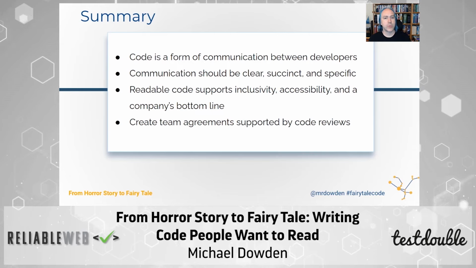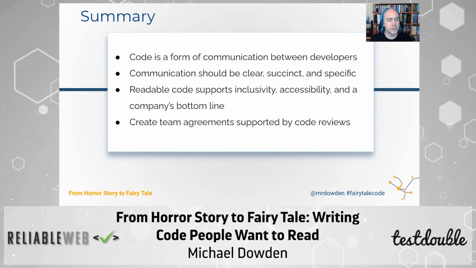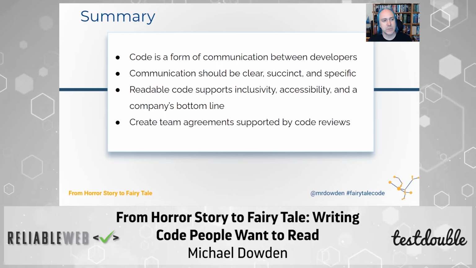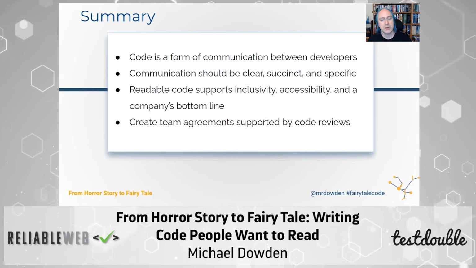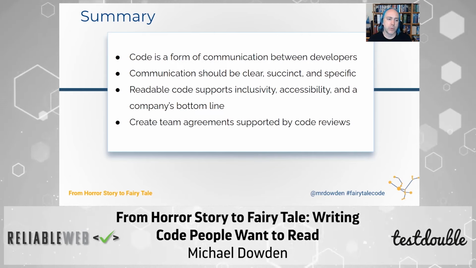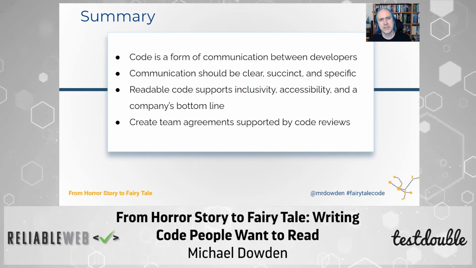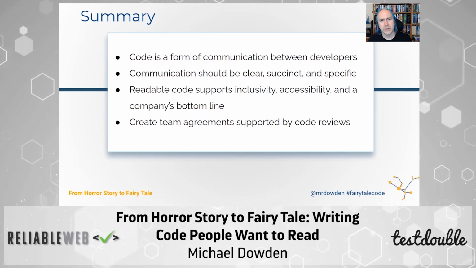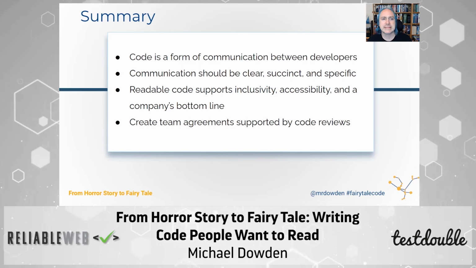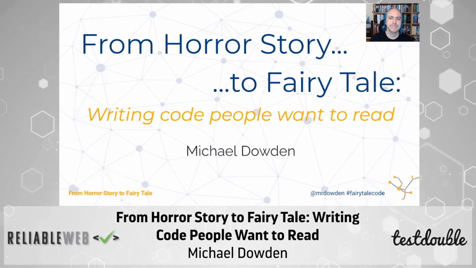And in order to accomplish all of this, create team agreements, get the whole team on board, make specific decisions about steps you want to take to make the code more readable, actions you're going to take, agree to those, and then support those, reinforce those through code reviews, not through automation, because automation for code quality isn't very forgiving for the fact that there are going to be exceptions in many cases, but use code reviews so you can all agree on what's going to happen.